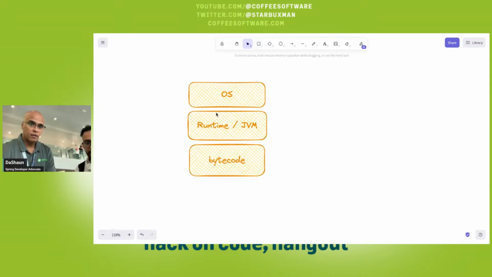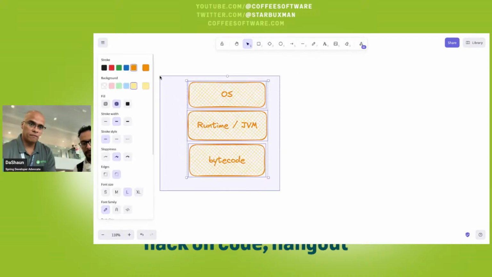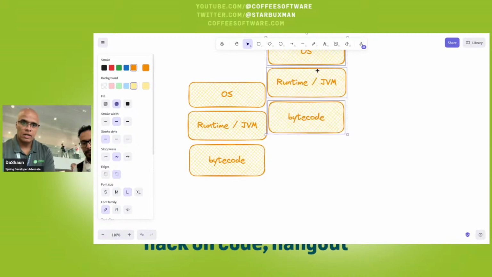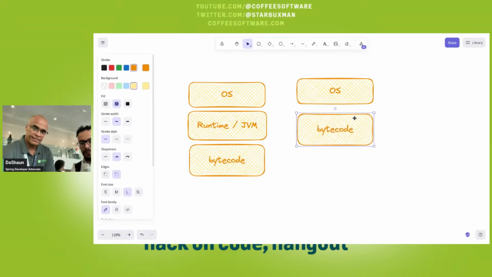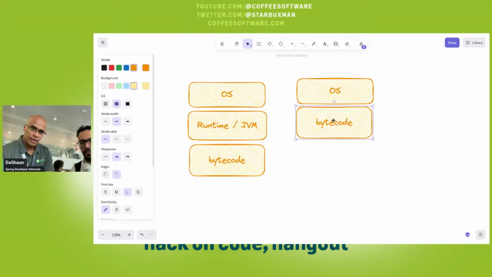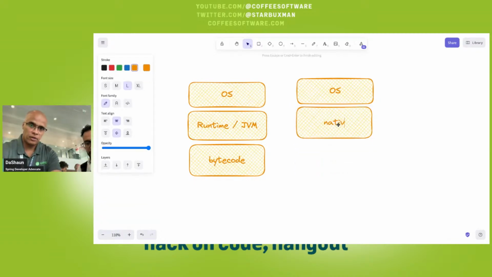When I build a native image, the native image doesn't need this layer, and this layer is just the native code. So it runs on the same operating system, but the JVM has some meat to it.